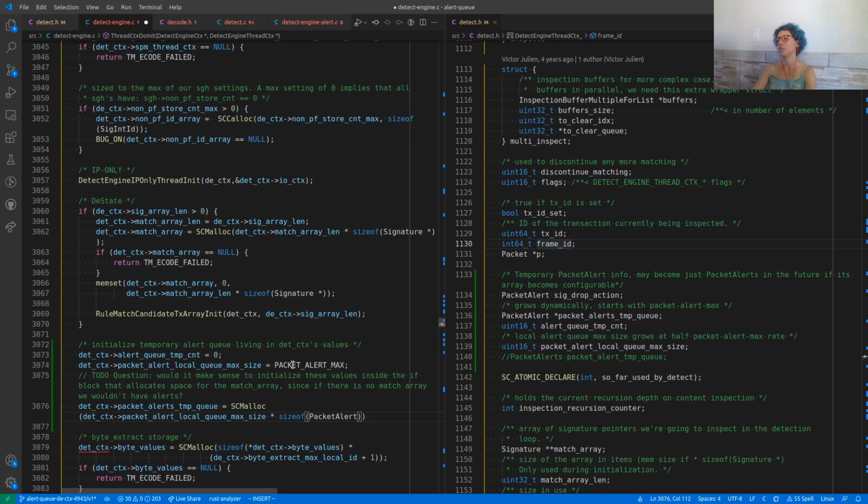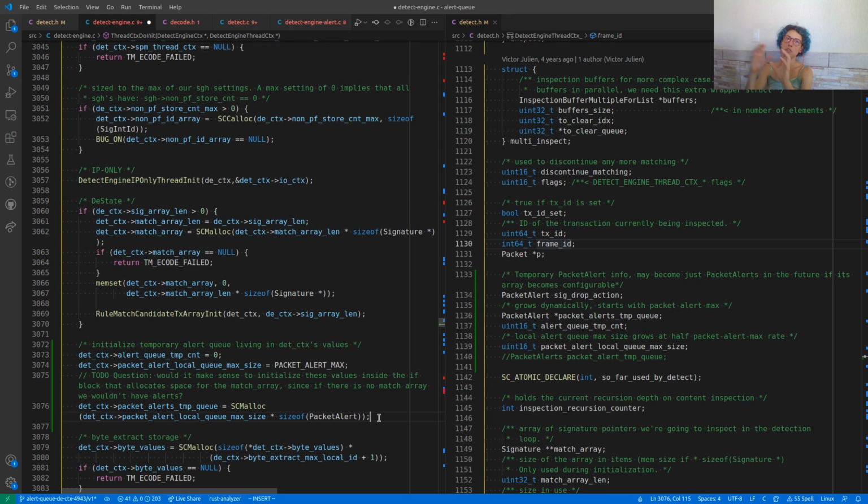What are we doing here? We are using a function to say we need you to save memory space this big, this many memory cells, so to speak, times the size of each of these packet alert units, because that's what we are storing.